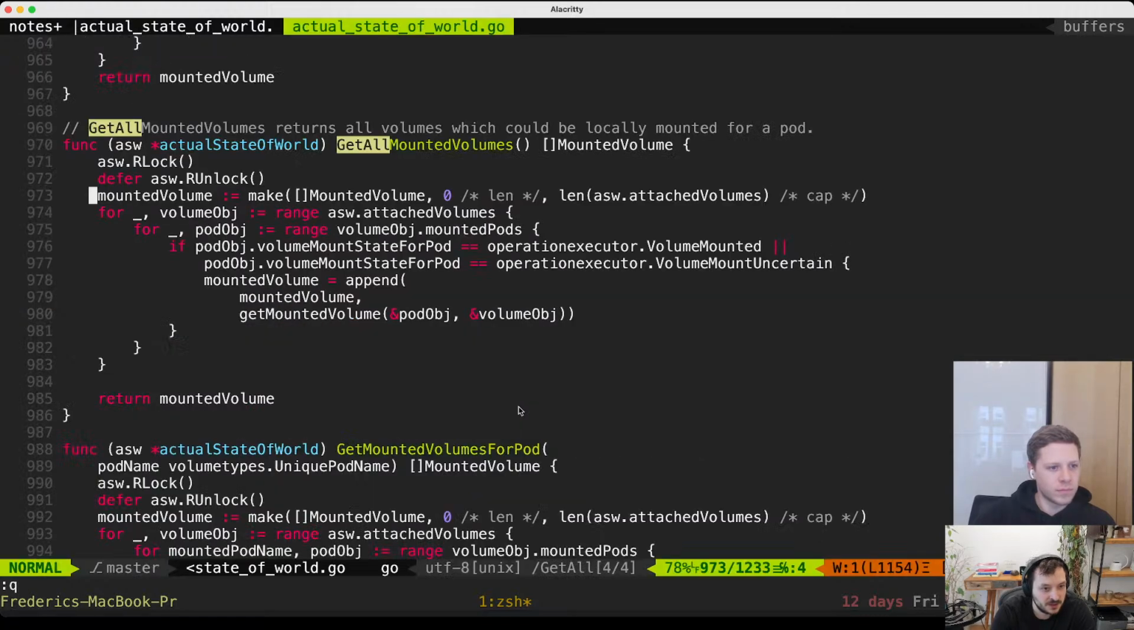What is it that we're doing here again? We need some data in attached volumes, and we need some data in mounted pods. It's hard to say how often we hit this particular segment, right? But maybe what we can do is see if we ever find get mounted volume in our profiling data. That probably tells us whether